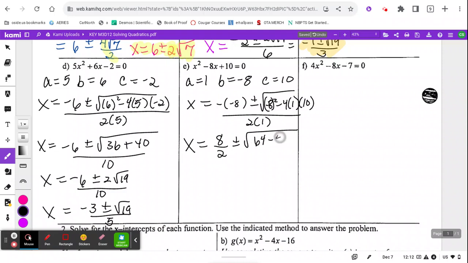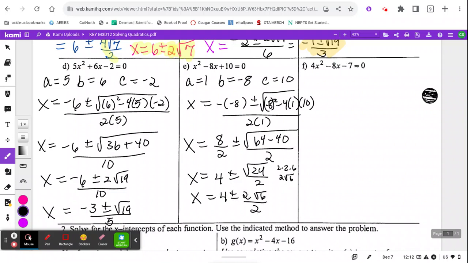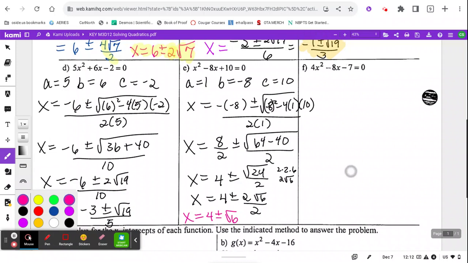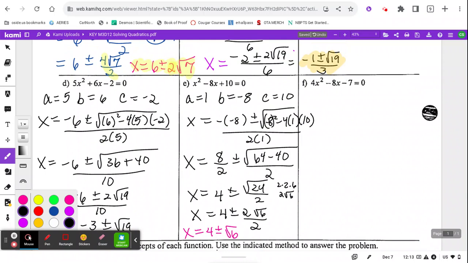So 64 minus 40. Okay, this turns into root 24. And root 24 breaks down into 2 times 2 times 6. So a 2 comes out, a 6 stays in. But we notice that these 2's can also cross out. And so final answer, 4 plus or minus root 6. 2 real roots. Last but not least,